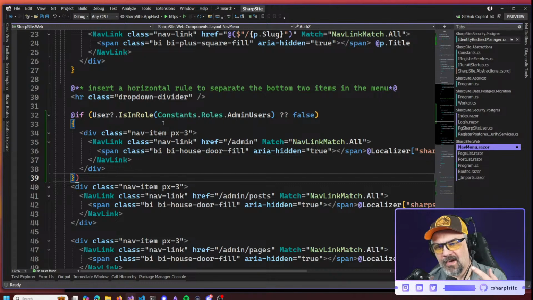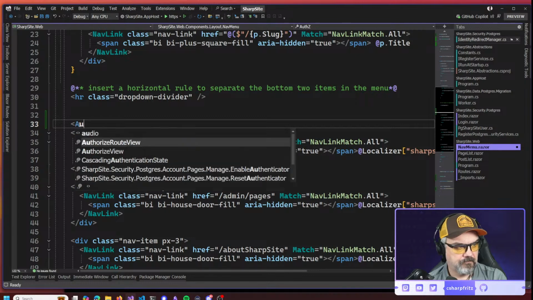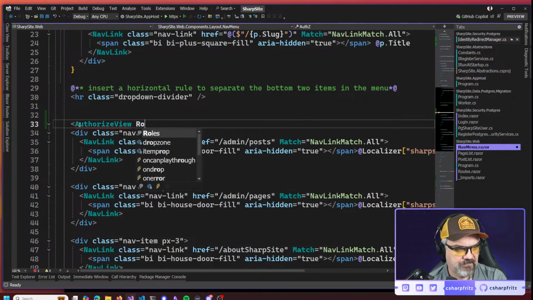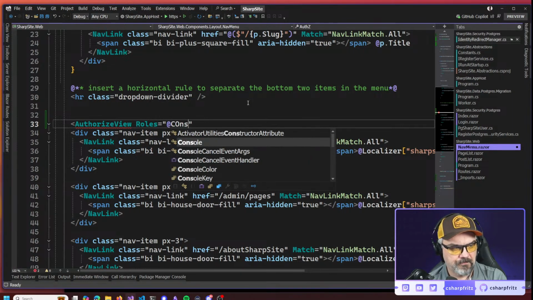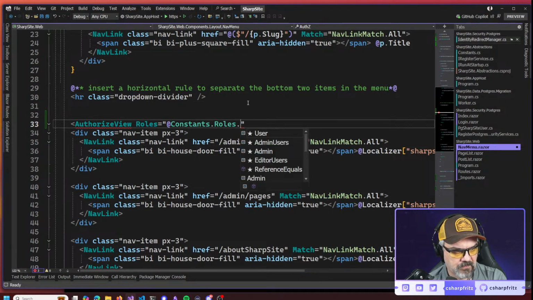Because if I do authorize view, I've got to do it around each section. Right? If I do authorize view, roles equals... Right? And roles, is that a comma delimited list? So constants, roles... And this is